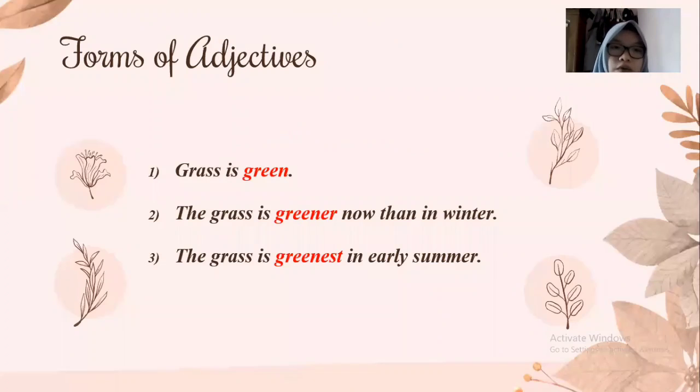Okay, next, forms of adjectives. Many English adjectives exhibit three forms. For example, green here. The grass is green. The grass is greener now than in winter. The grass is greenest in early summer. The grammatical words green, greener, and greenest express the positive, comparative, and superlative of green, contrasting on the dimension of comparison. Other adjectives with similar forms are